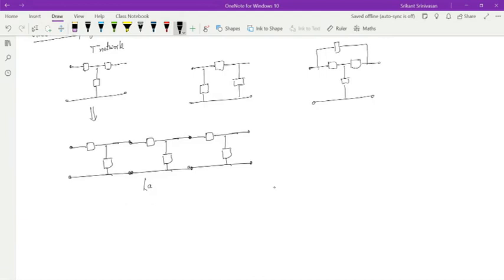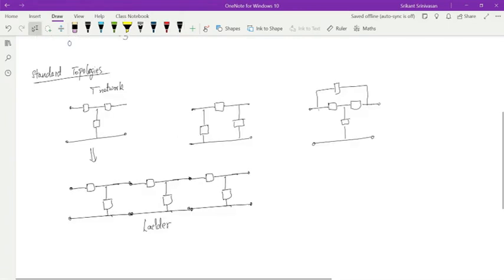So these are all very standard topologies. The reason we say this is standard is that when you work on various networks, you find that they keep appearing. And in terms of Z parameters and Y parameters, it is very easy to solve these networks. That means when you get complicated networks, you will be able to resolve them in terms of these smaller elements. That's what we did for the two-port networks.